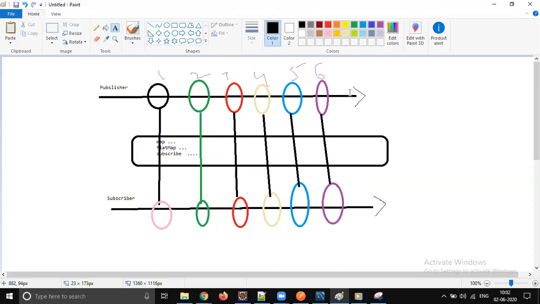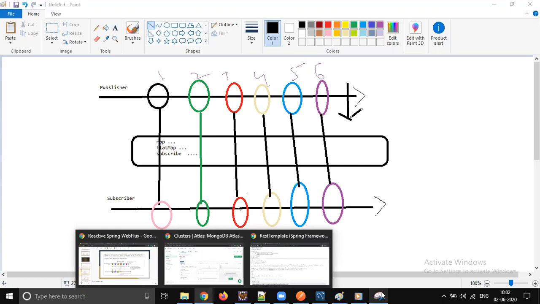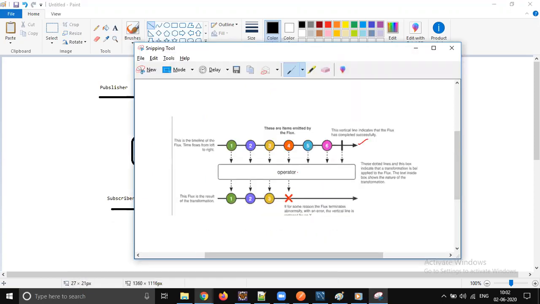The final event sent is a successful completion event, and that is the last arrow. If there is no error, we don't see this error mark; there is no red mark here, and the data will be transferred.